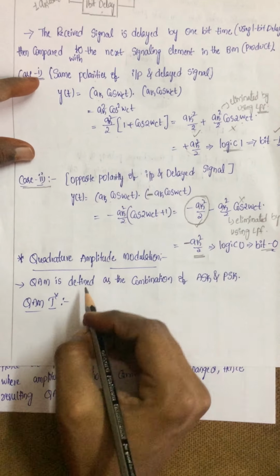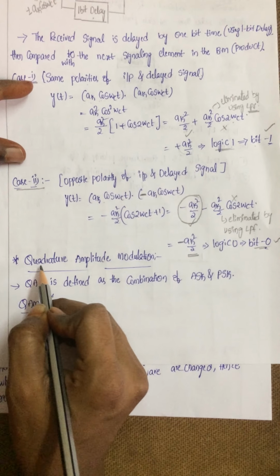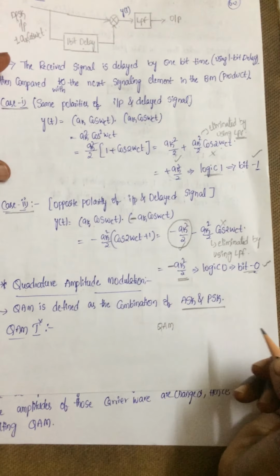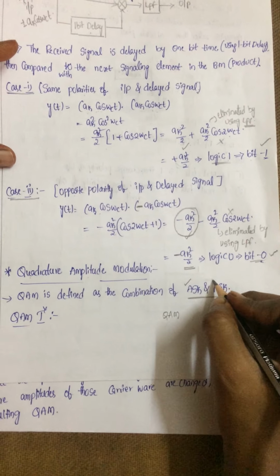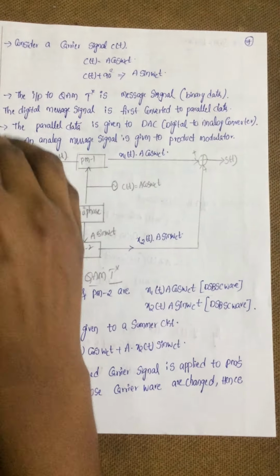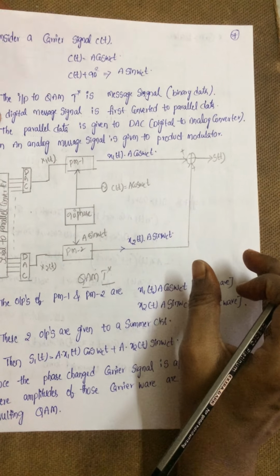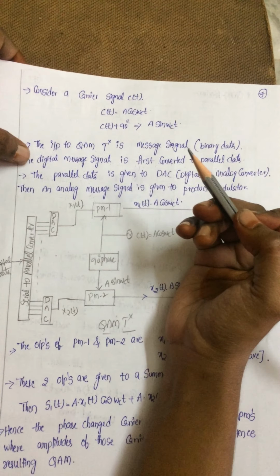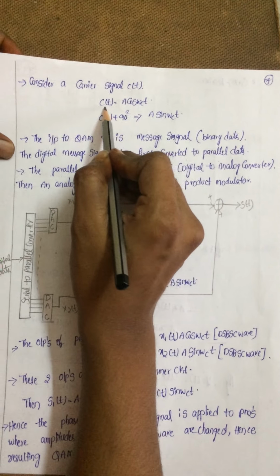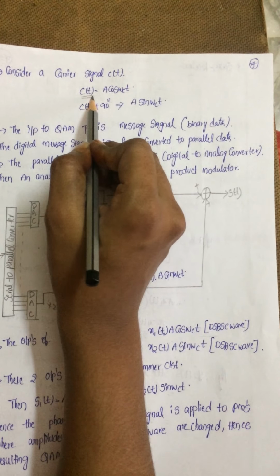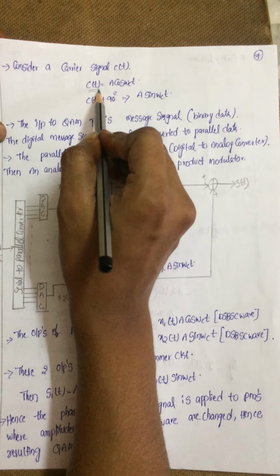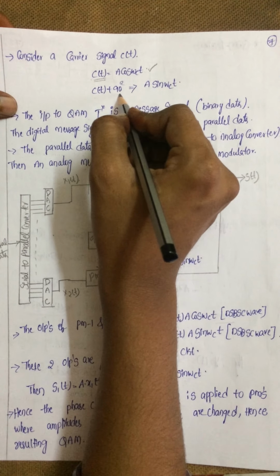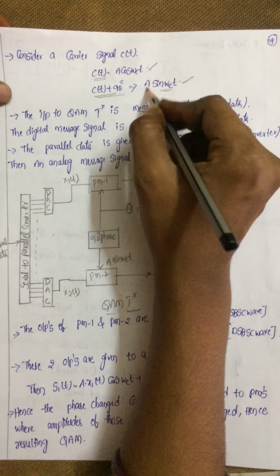Now we have the last one, I hope, that is QAM, quadrature amplitude modulation. QAM is defined as a combination of ASK and PSK, means amplitude is changed as well as phase is changed. How? We'll see now. Here in QAM, first let me take a carrier signal C of t. Quadrature, the name itself says, we have to change phase. So let me take C of t equals this. When we apply 90 degrees, that is quadrature change, then we are getting this. These two are the changes.